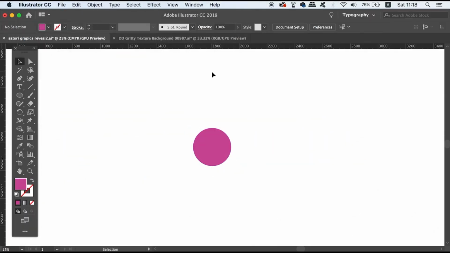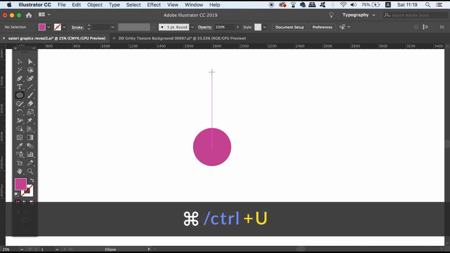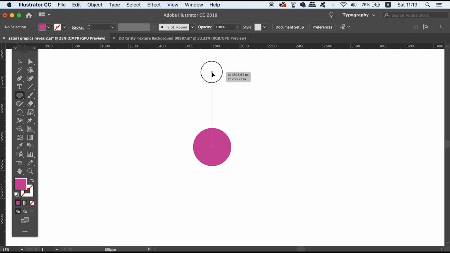So the first tip that I have for you today on Illustrator features is going to allow us to rotate this circle evenly spaced out at a specific amount of times. But you need to turn on the smart guides by pressing Command or Control U on your keyboard, and then hold down the Alt Option key and Shift, and then click and drag to make a circle perfectly